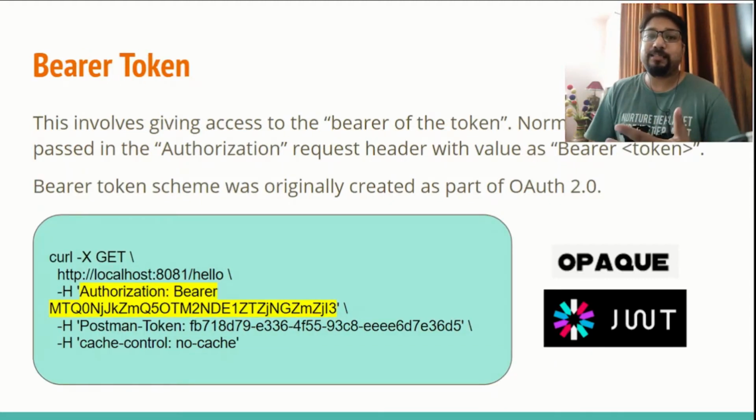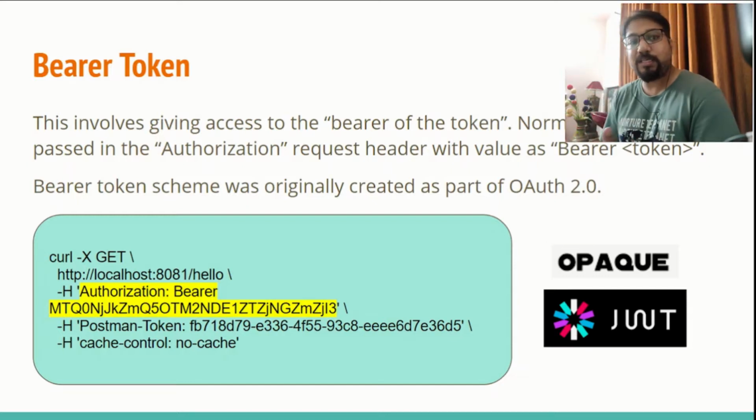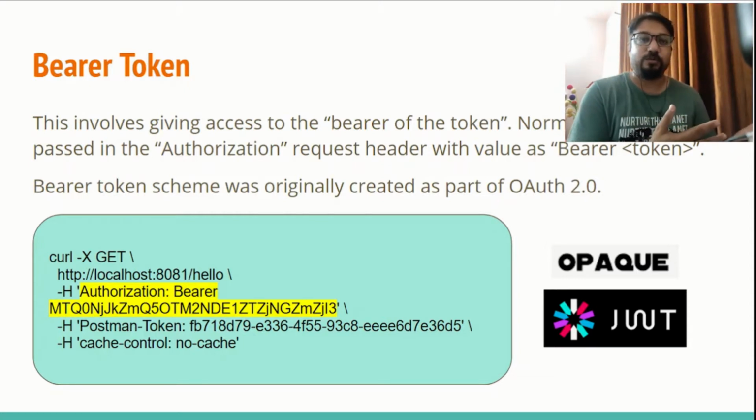Now next is the most used one, called the bearer token. The bearer of this token will be allowed API access. This is passed under the authorization header with Bearer, a space, and the token. There are two types of tokens: one is the opaque token and one is the JWT token. The opaque token, as the name itself says, is one where no one can directly distinguish which customer or user the token is for,